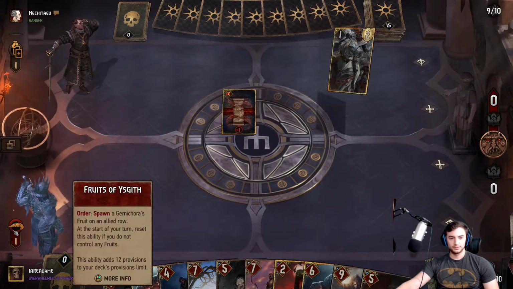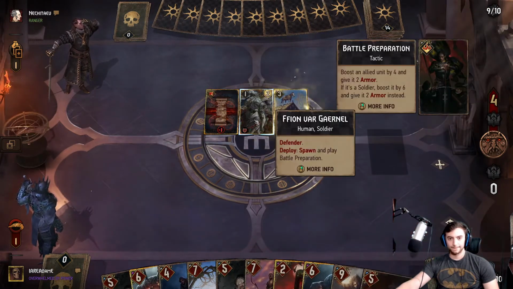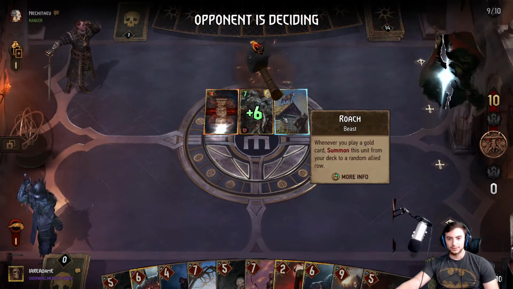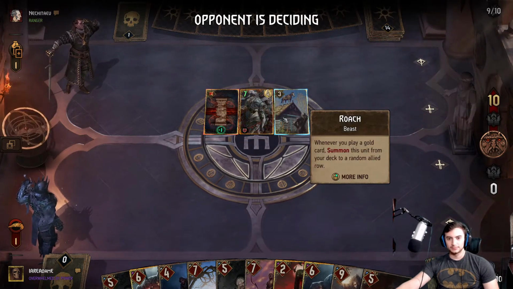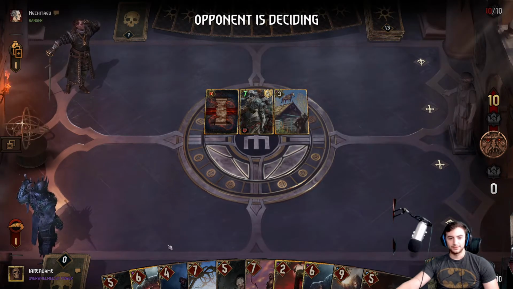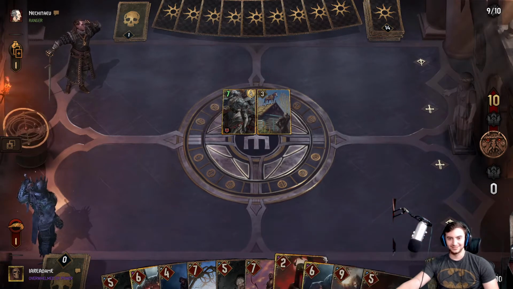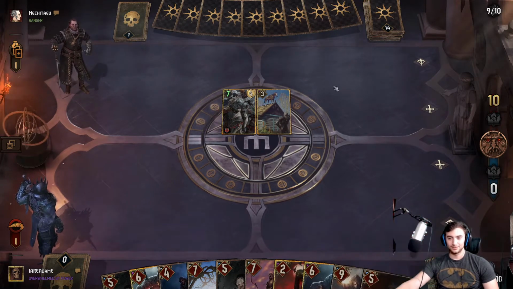Okay, so turn 1, we're going fruit into Griffin. Replay a gold card, summon this unit from your deck. Okay. So he's trying to defend something, but frankly, I don't have very much direct damage. I have that guy, and that's about it. He's really digging for...